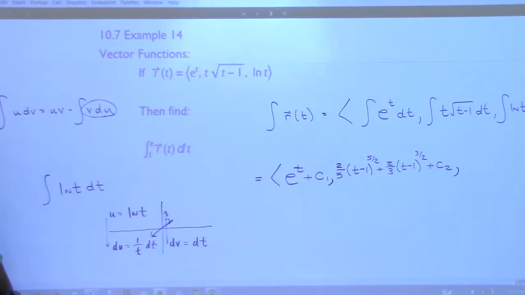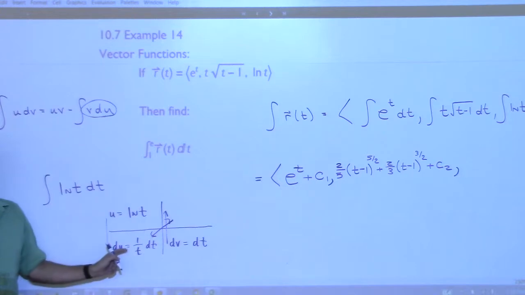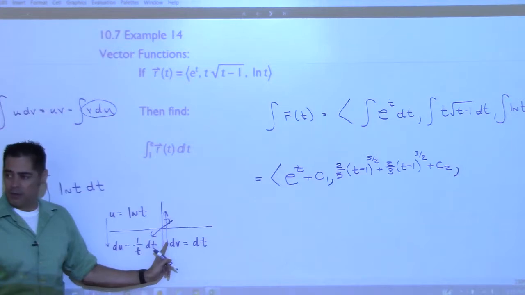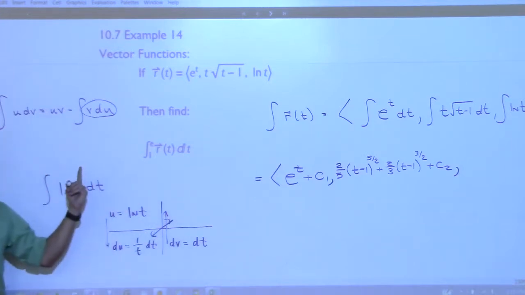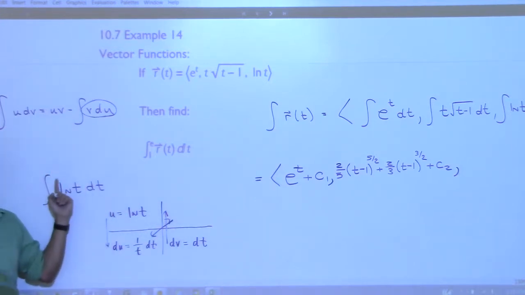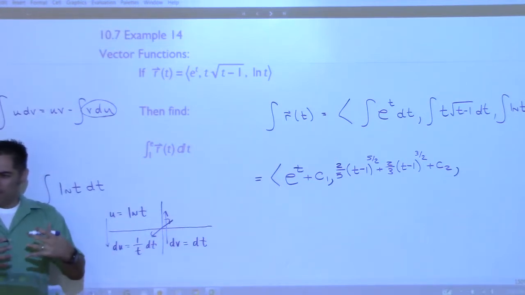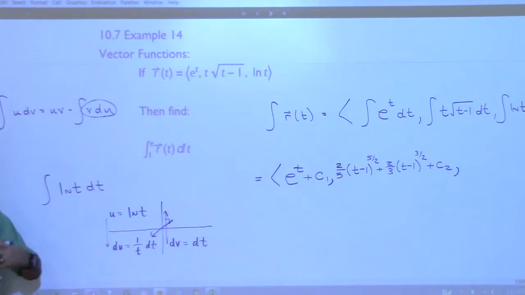Okay. So if you put dt up here, then when you differentiate it, you're going to get the second derivative, which, no. You know what I'm saying? You're going to have the derivative of the derivative. And then if you put ln here, natural log of t here, what's the first step you have to do? Integrate it, which was the original problem. And if we couldn't integrate it to start, we're not going to be able to integrate it here either, you know? So there's kind of like a thought process that I like people to go through rather than like a,